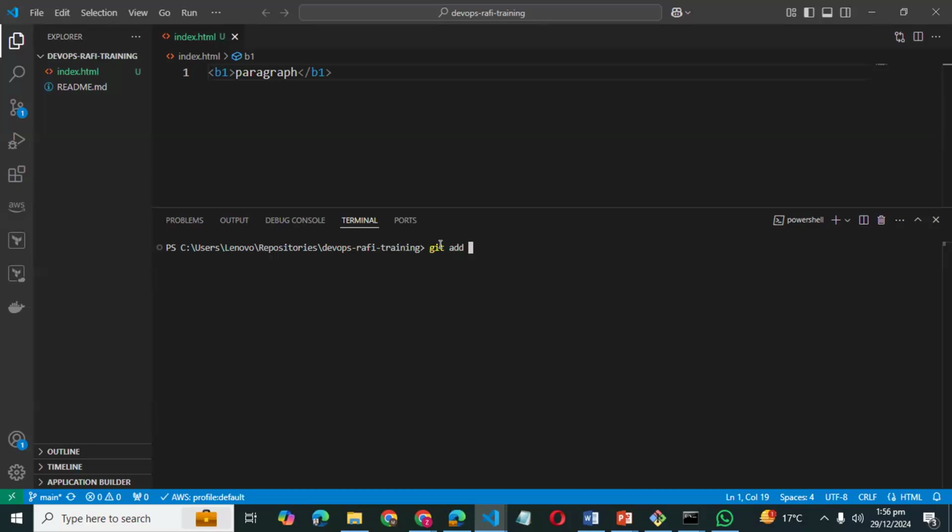Git add. So there are two ways. If you want to add only a particular file, you can just write down the name of that file, like index.html. Or if you make more changes or add multiple files in your repository, you do not name them one by one, you just need to write the git add dot command. Dot means the current directory, so whatever changes we made in that repository are going to be added.